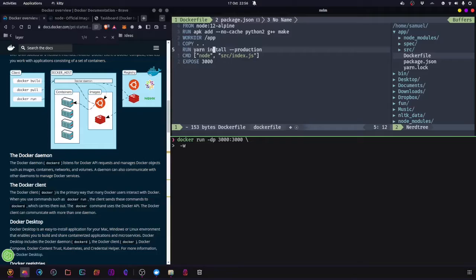Right, so we have the working directory here. We set it to app. So not very different from that. We're actually going to do about the same thing here. So we are going to take that and put that to app. So everything that happens in this command is going to be